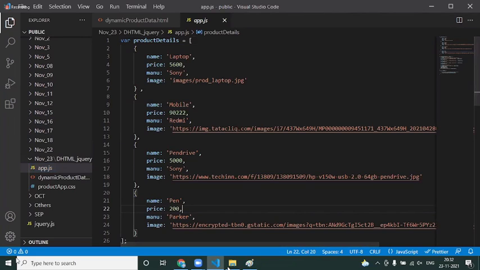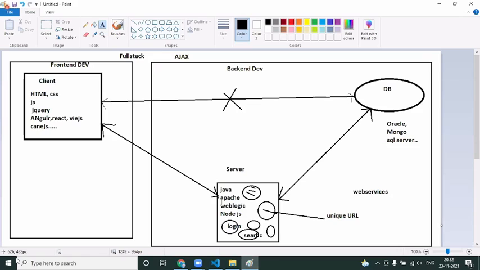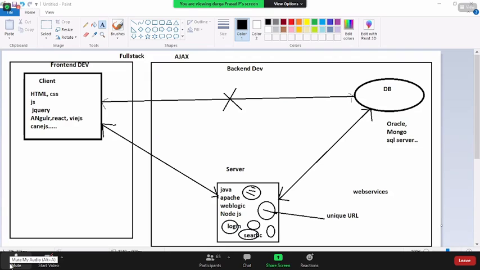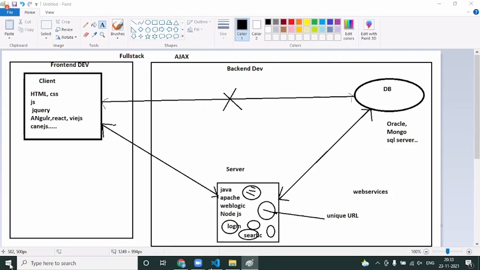So first of all, the question: who is responsible for creating a web service and providing a URL? The backend developer or the front-end developer? Obviously the backend developer. But right now, we are not backend developers. We are still in front-end development. Then who is going to provide the URL for us? Because we are not yet comfortable creating the server-side URL.